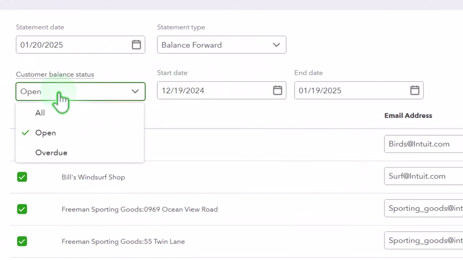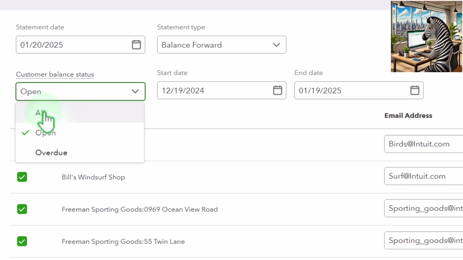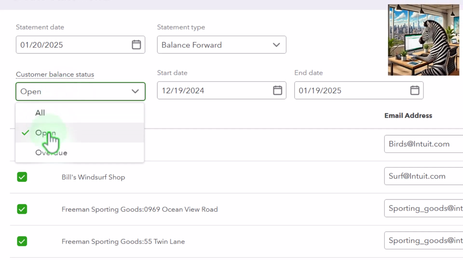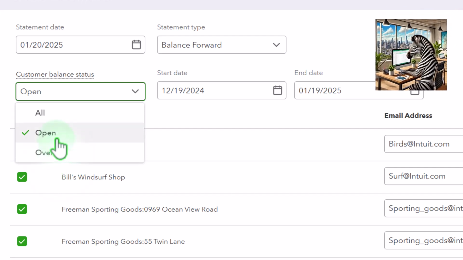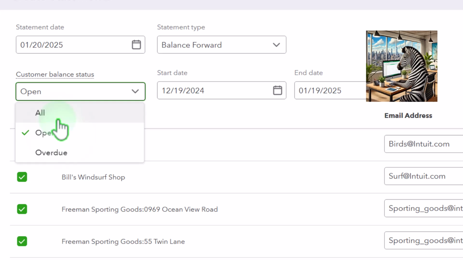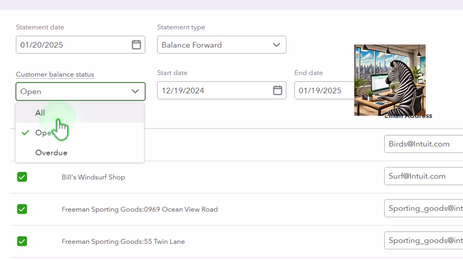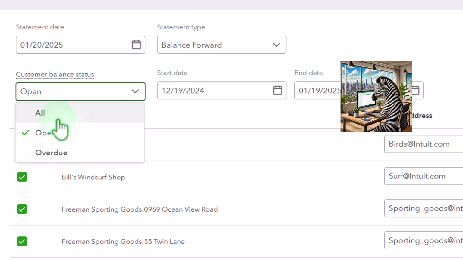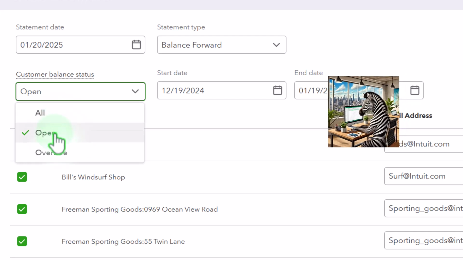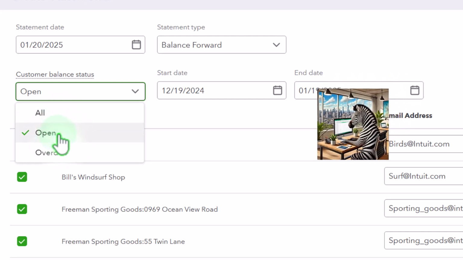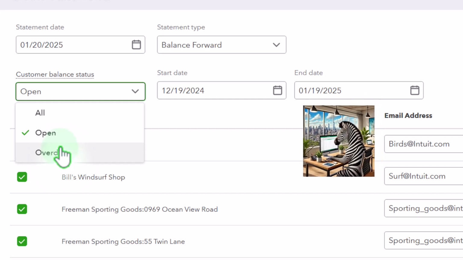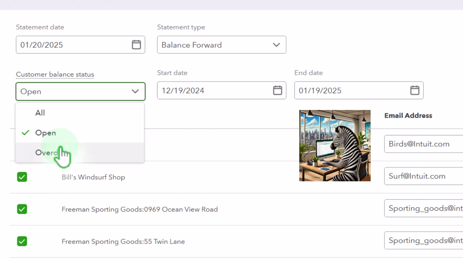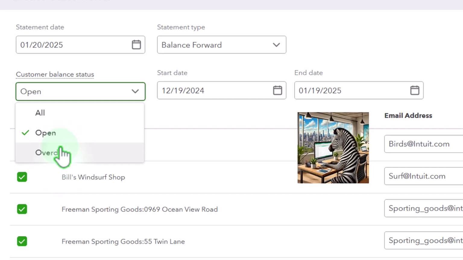All right, so then we're going to say the one that we have all of them, or we have the open items or the overdue. Now, clearly, usually you're going to be sending them out, not to the ones that are closed. We're not going to send statements out typically to people that already paid us. We're looking for the invoices that are open, but also you might have a system where you're going to say, hey, look, I'm going to wait till the 30 days happen without hassling them and then send them the overdue